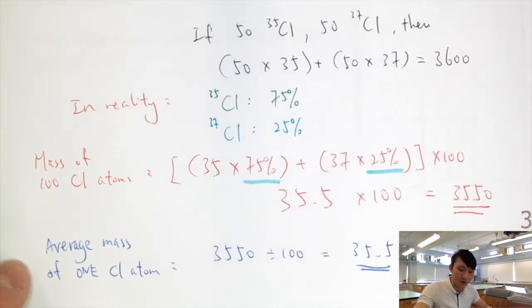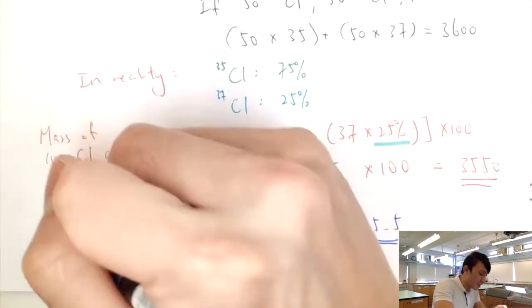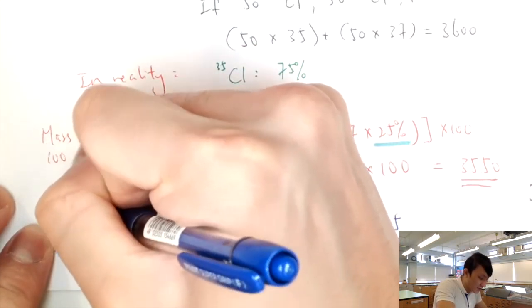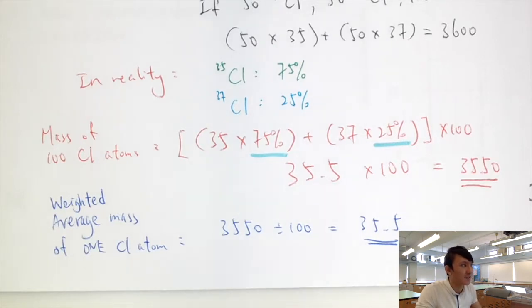So instead of saying that it is an average mass, we will add one more word, which is weighted. Weighted average. It's a weighted average, okay? So weighted basically means we look into the percentage, we look into the abundance in the natural sample. Okay? Now, here I will fit in two more terms. Now, here, this value is the weighted average mass of an element, and we have a specific term for it. We call this one